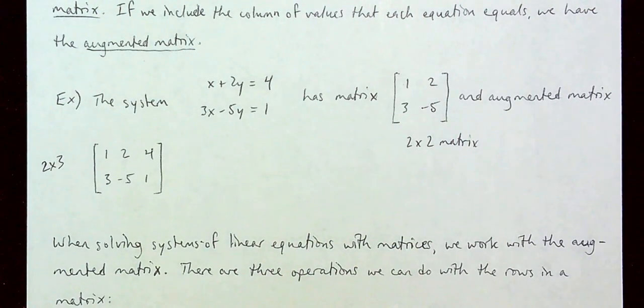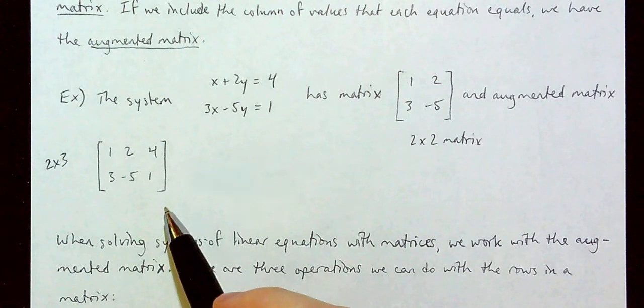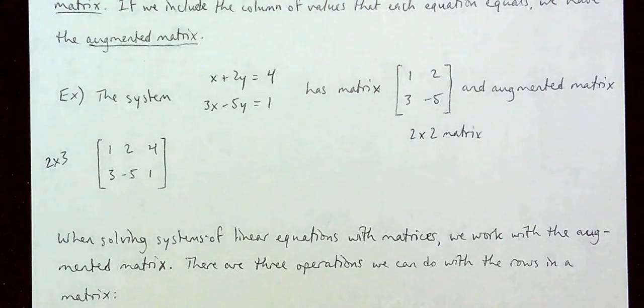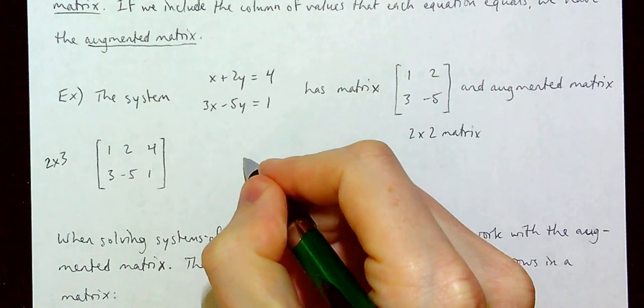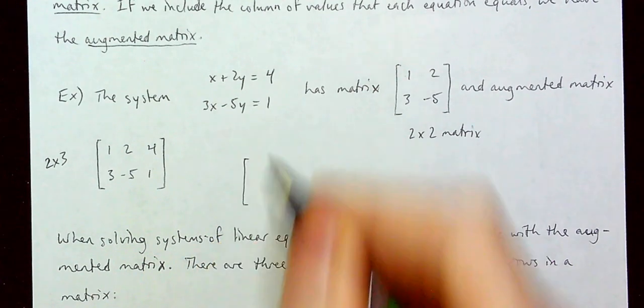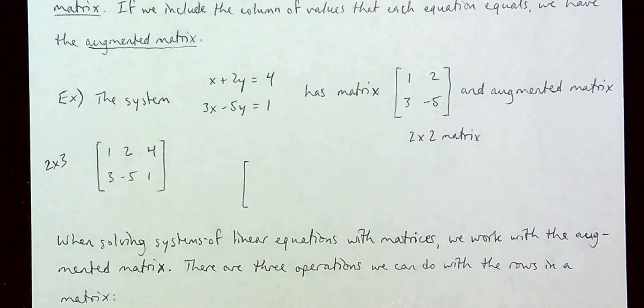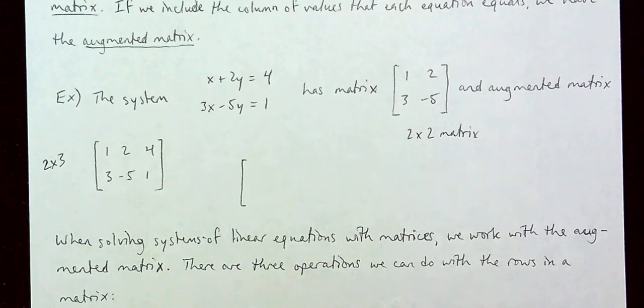So that's just a little bit of some terminology, some notation that you'll be seeing later on. There is a word for this. It's called the order of the matrix, but we'll get into that more later on in this chapter. So this is an example of taking a system of linear equations and turning it into a matrix. You should be able then to go the opposite way. If you're given a matrix, specifically an augmented matrix, you should be able to look at the matrix and then write the system of linear equations from that augmented matrix.